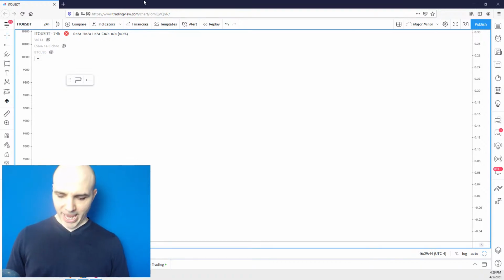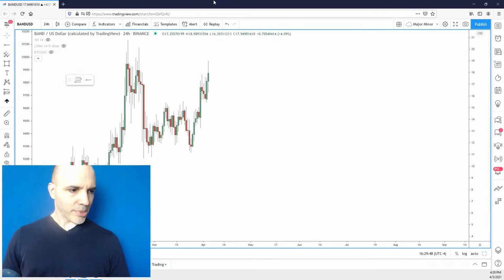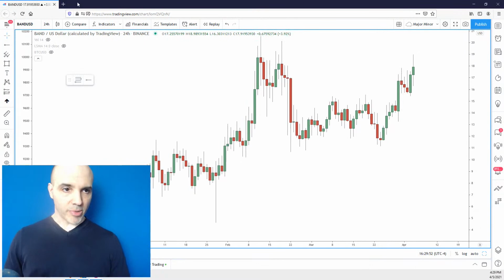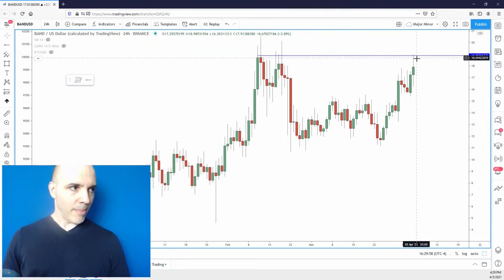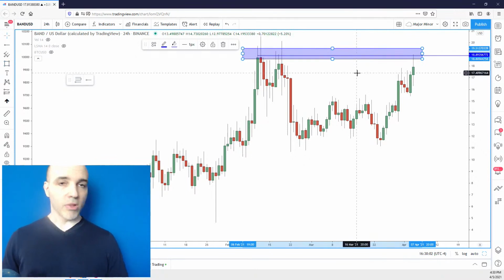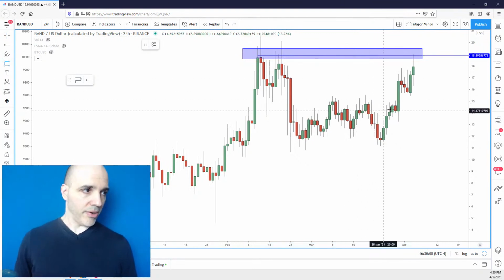Okay, let's take a look at Band. BAND USD. Oh, all right, so here we go. Again, very similar to a lot of these coins, right? Obviously, there's a run going on. We keep seeing the same thing over and over again. We're at resistance levels. Bad place to be buying, good place to be reducing risk and unloading to people who are buying. So I wouldn't buy this here. I would be looking to reduce risk, all right?